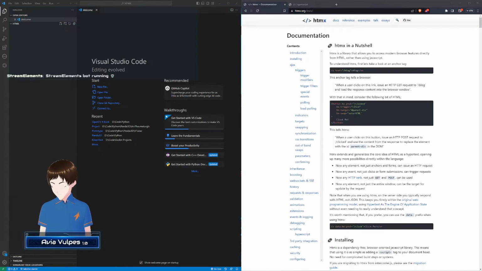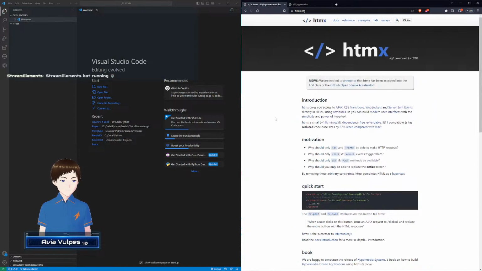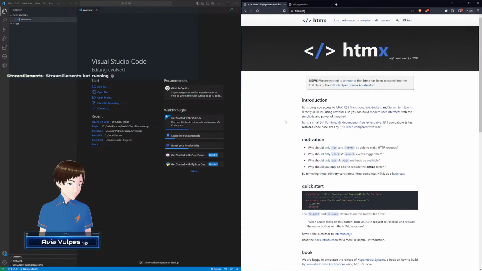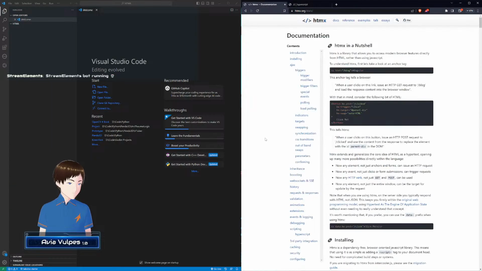And yeah, basically the idea of this stream is that we've been looking for ideas for coding streams for a while, and a couple of weeks ago I came across a framework called HTMX, which is in a browser. Basically it's another way of writing HTML code. It's technically a JavaScript framework, but the way that they've structured it,